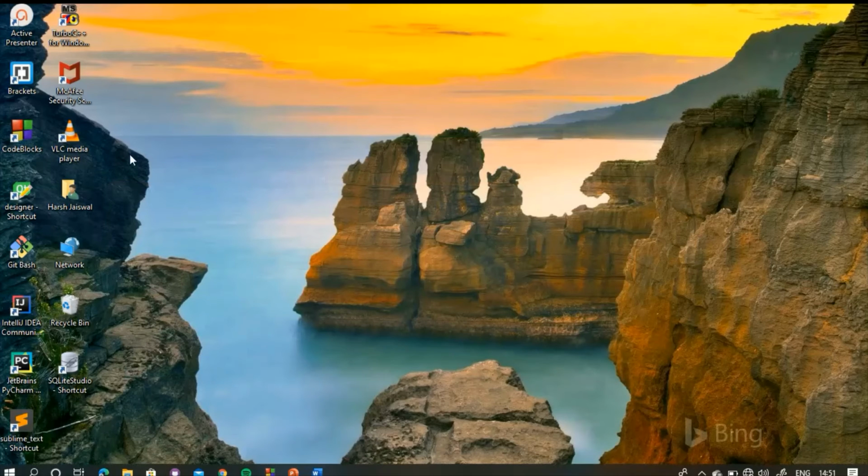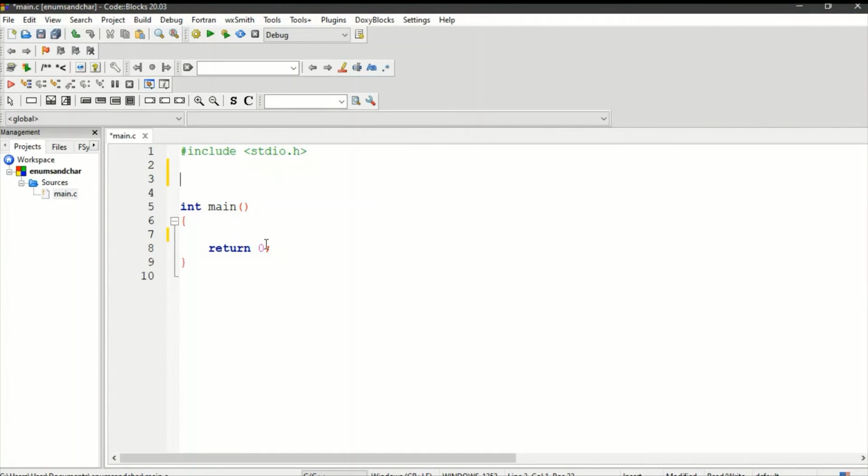Now we're going to see. First of all, let us define the variable. We will be defining a variable as enum. As I told you, we can put it outside the main function also. So enum, we will take an example of week. Okay, so we have defined our data type.